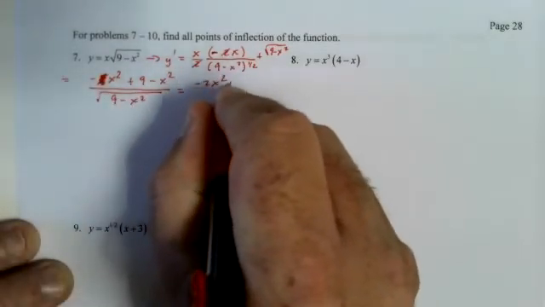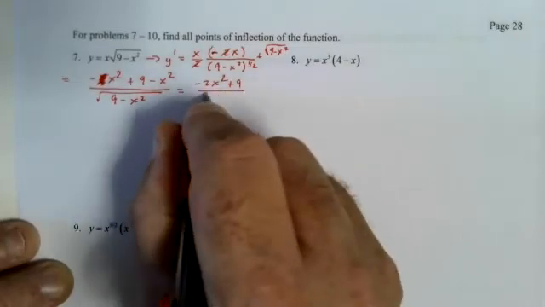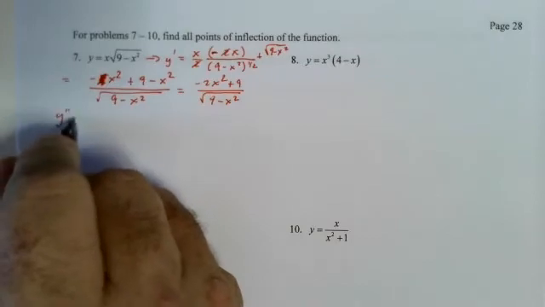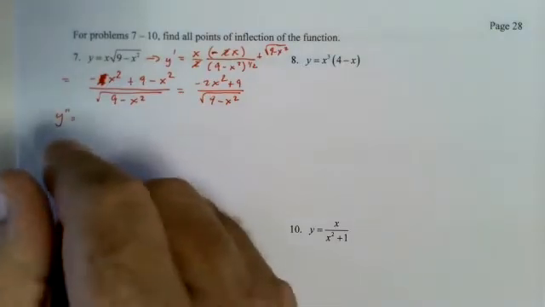Negative 2x squared plus 9 over root 9 minus x squared. Second derivative equals